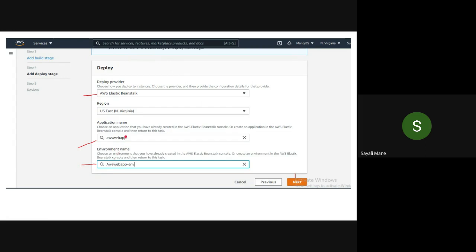In Viva, the external may ask you one question, like how to recognize the environment name. So see carefully here, ENV stands for environment name, whereas in application name there is no ENV. Okay, so whichever name is connected with the ENV, then it indicates that it is the environment name. Okay, so please take a screenshot and then click on the next button.